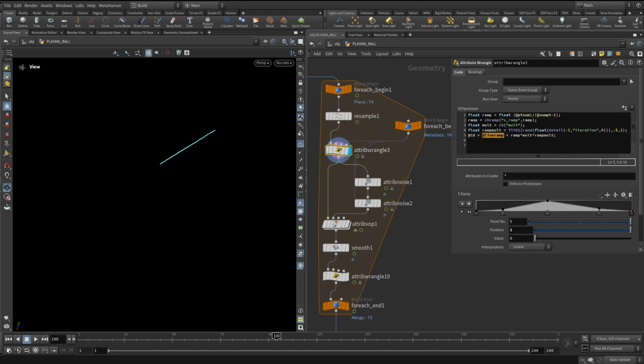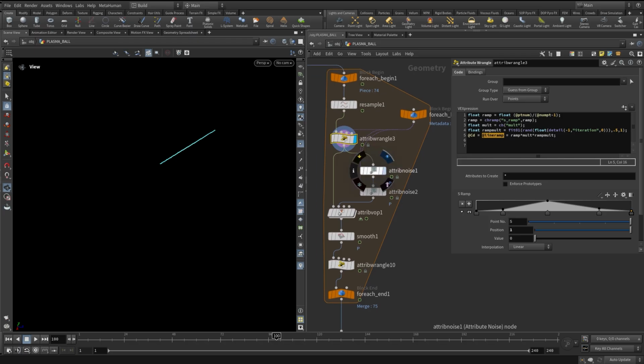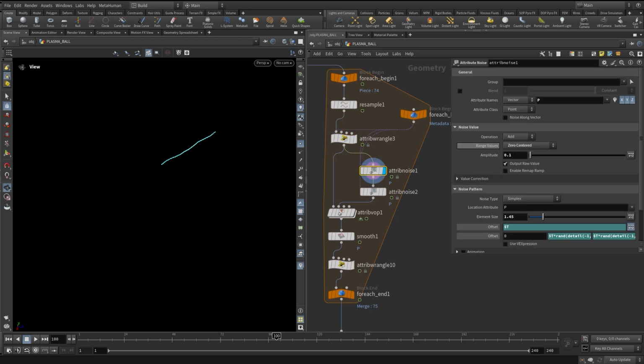And here I'm referring to this metadata by using the detail expression, which is -1, refers to our spare input, and the attribute, that iteration, and I'm fitting it between like 0.5 and 1. Okay. Plus, I'm using the noise